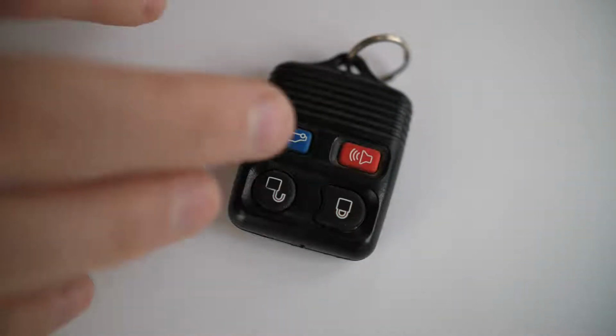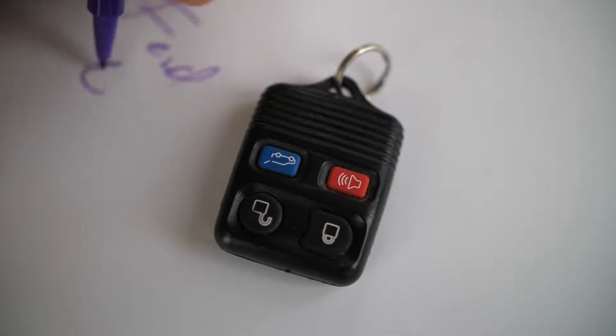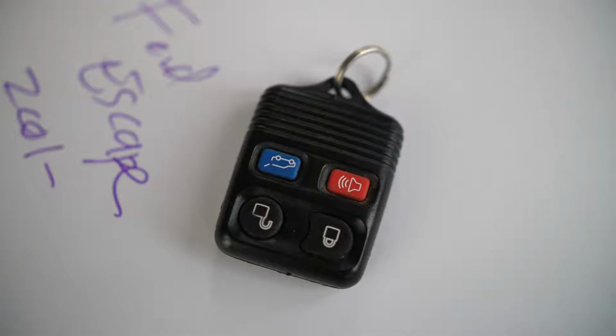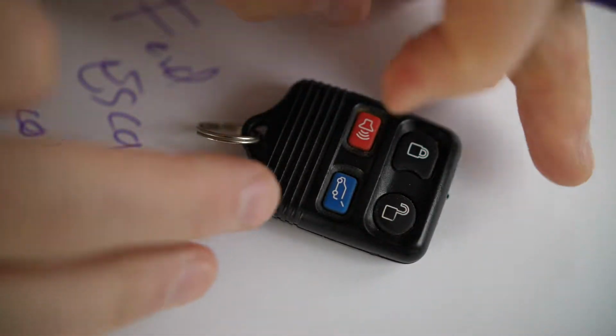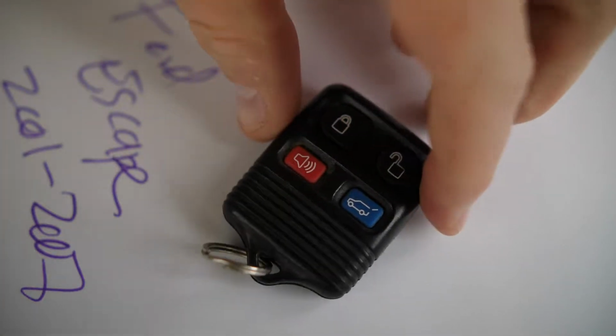Howdy folks, in this video I'm going to show you how to replace the battery on your Ford Escape. This is for some older models from 2001 up to about 2007. You may have gotten a fob that looks like this. It may only have 3 batteries, it may have 4. Either way, it's the same replaceable battery